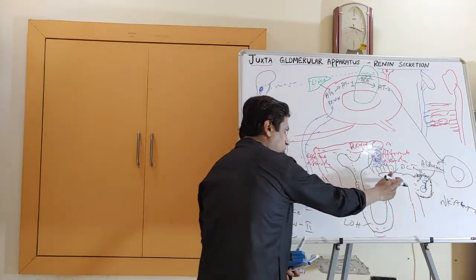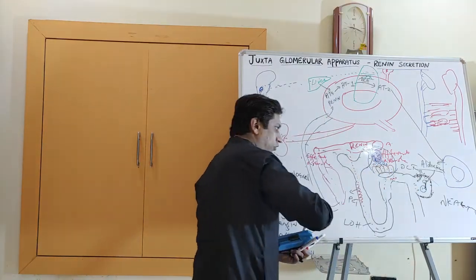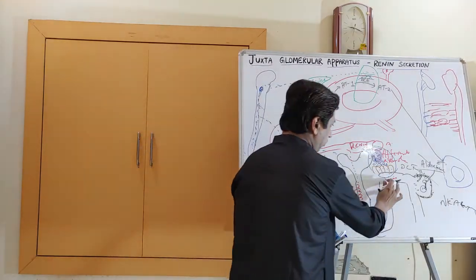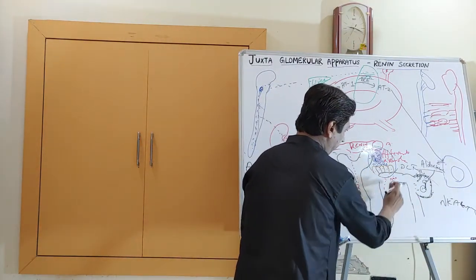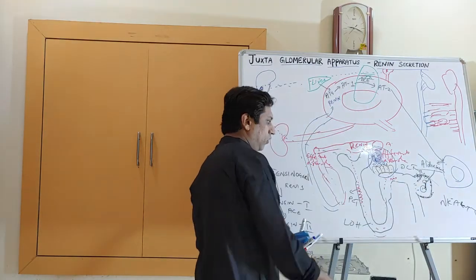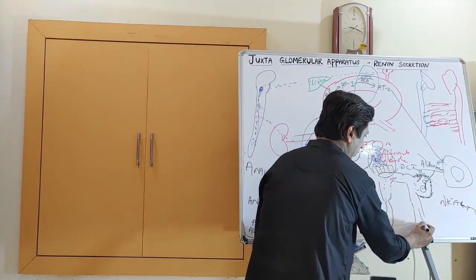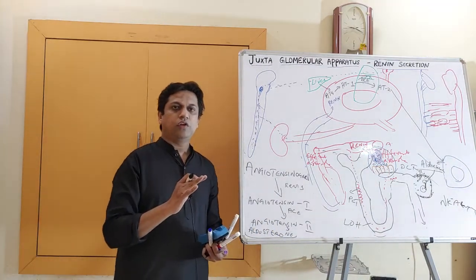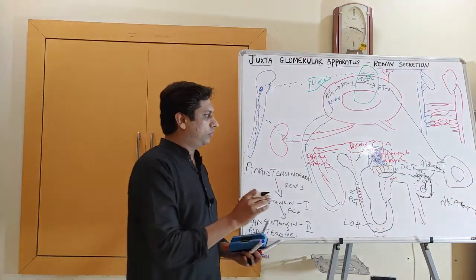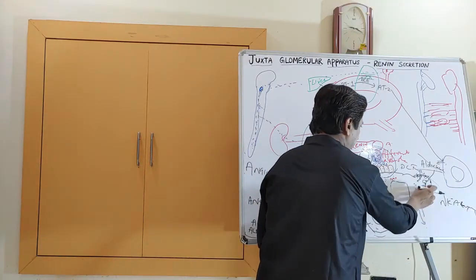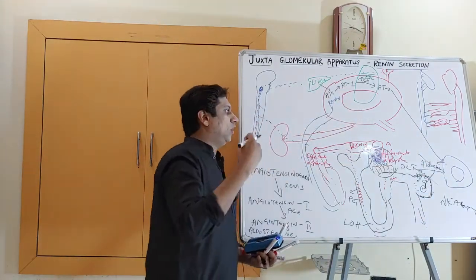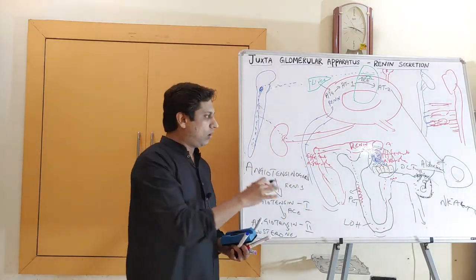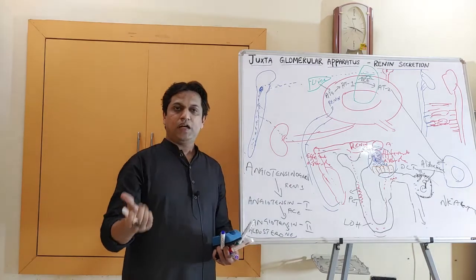So along with the sodium, water molecules are also dragged. Sodium molecules drag the water molecules. So the water through this tubule is again taken back to the systemic circulation. So there is less excretion of the water molecules. Because of this, more fluid is preserved in the systemic circulation. This is one of the mechanisms by which the blood volume is maintained when blood is lost.